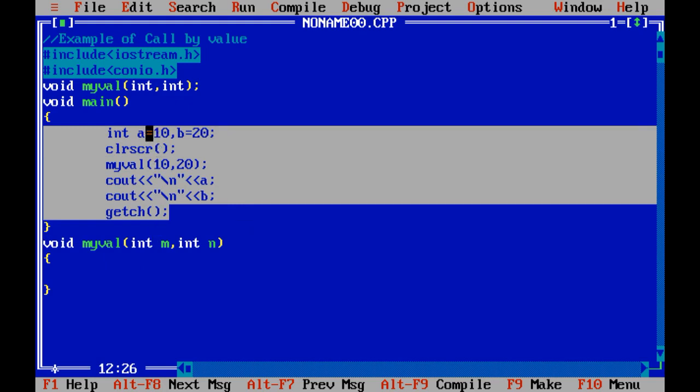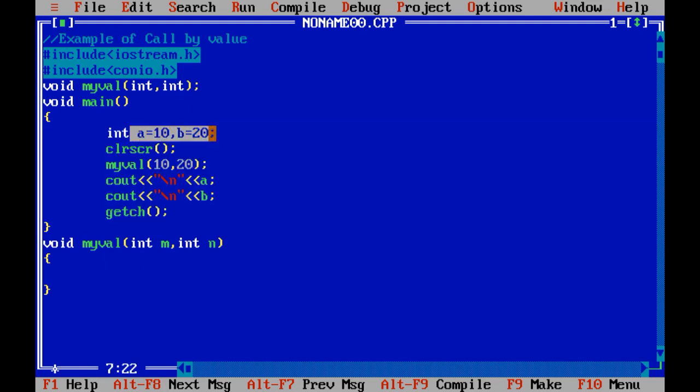So the variables a and b are both different from the variables m and n. We are just going to pass the value of a to m and b to n. I will teach you later on. First of all, let me complete the program. m equals 100 and n equals 200.